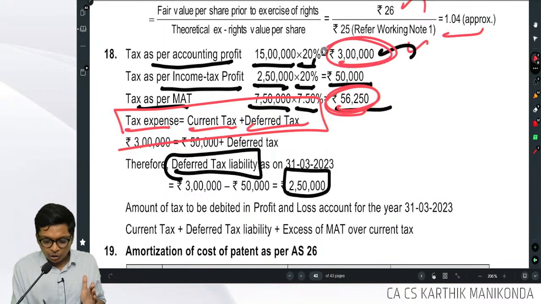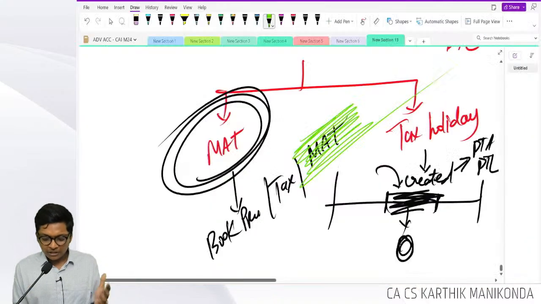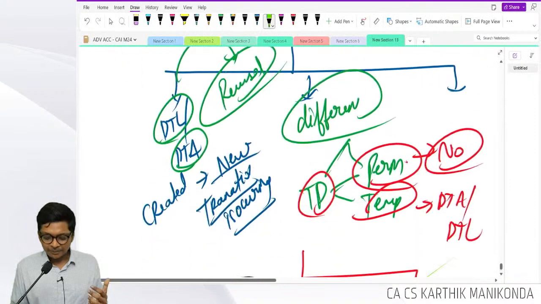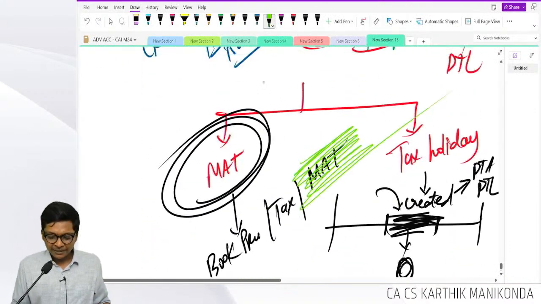Tax expense as per accounts is 3 lakhs. Current tax is 50,000. Deferred tax is the balancing figure. So deferred tax is 3 lakh minus 50,000, 2 lakh 50,000. That's it. For shortcut, for exam purpose, presentation. Understood our logic, guys? We did this method. Are you following? Okay. So this is with respect to AS